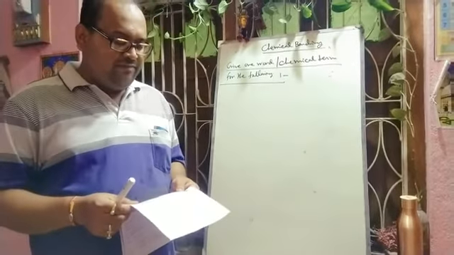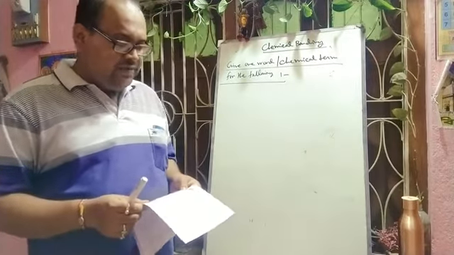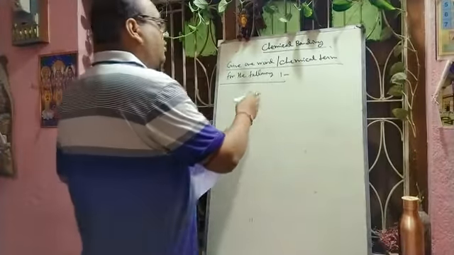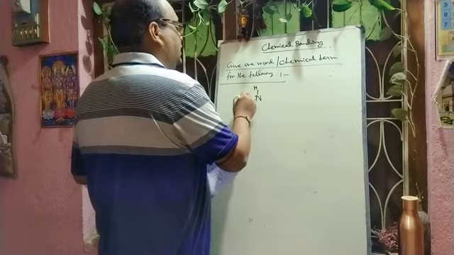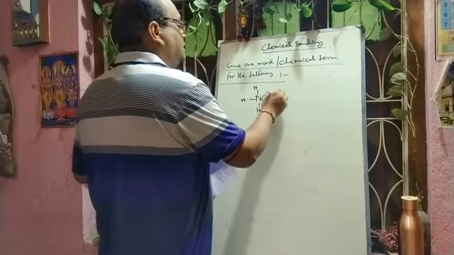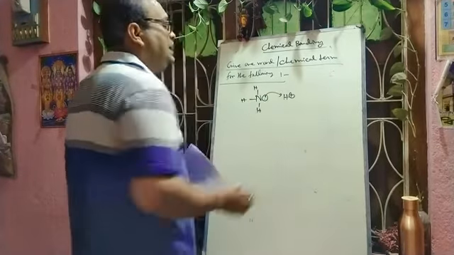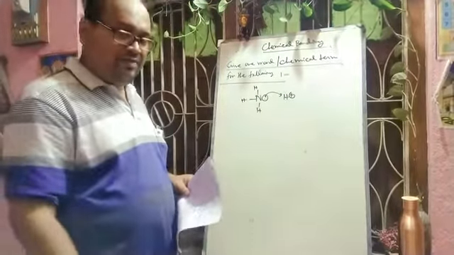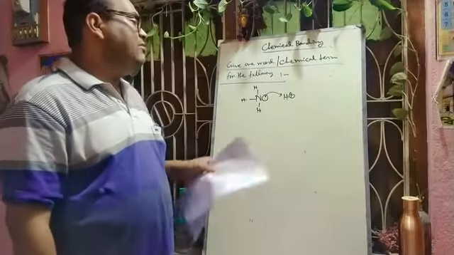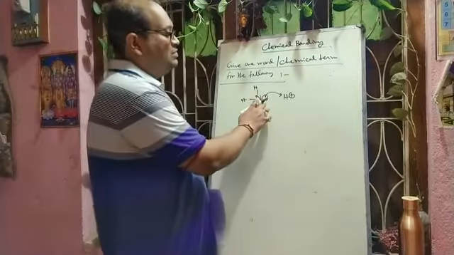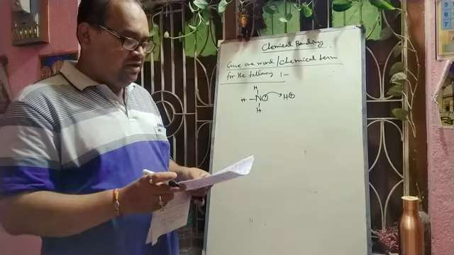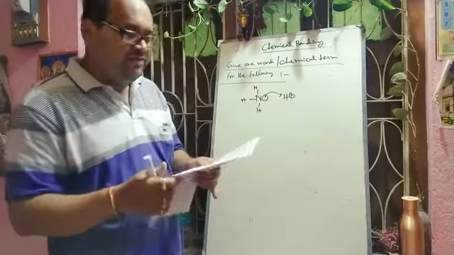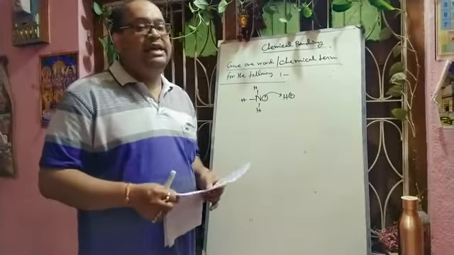Next one: a bond formed by a shared pair of electrons coming from the same atom. Definitely it will be the coordinate bond. If we draw the example, then you can easily understand. During formation of the ammonium ion, nitrogen is donating its lone pair of electrons. That means it is forming one semipolar covalent bond, and here both electrons come from the same atom, that is nitrogen. Here also there is sharing of electrons. So your question was a bond formed by a shared pair of electrons coming from the same atom, and your answer will be a coordinate bond.